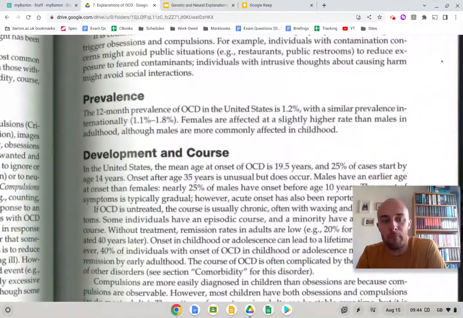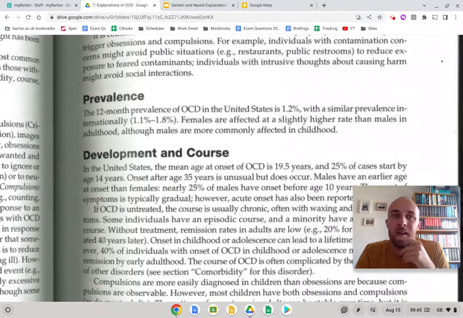The 12-month rolling prevalence rate in the US is 1.2%. Internationally, it's between 1.1 and 1.8. Now, this is how many people get OCD within 12 months. The running rate, if you will, is supposed to be around about 2%. So right now, 2% of everyone in the US, probably of Western Europe, similar cultures, about 2% of people will